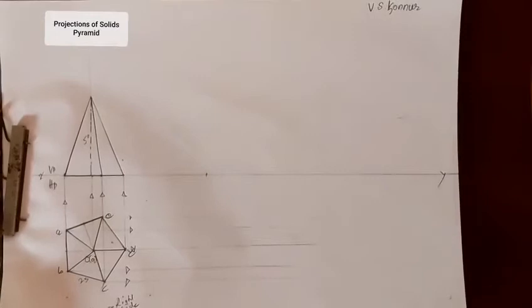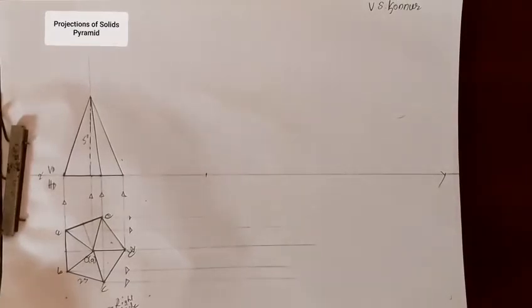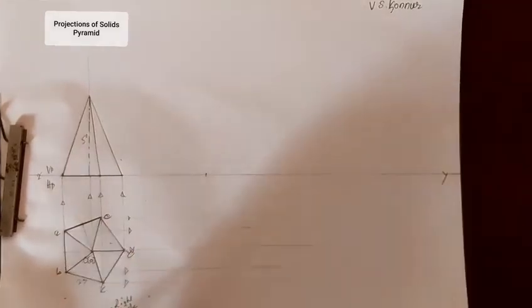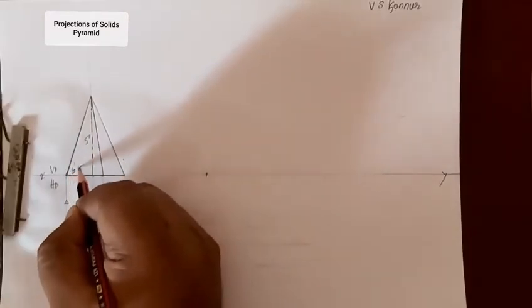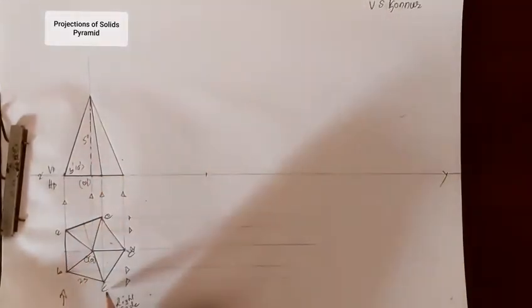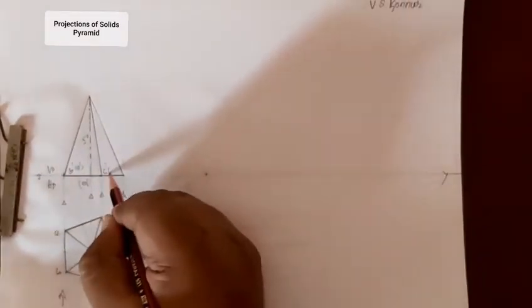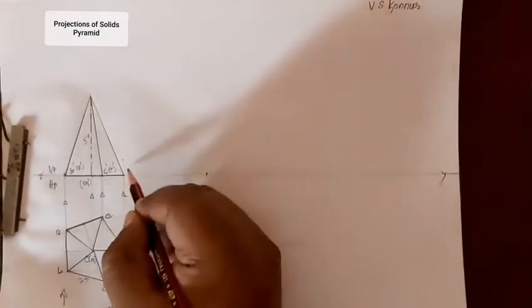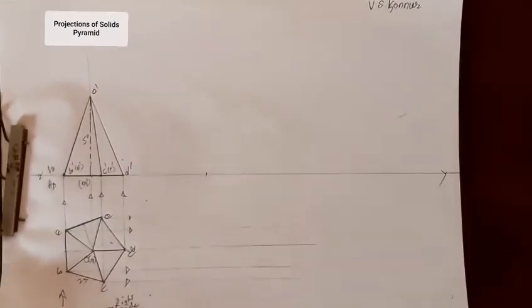Right. This is the pentagonal pyramid resting on one of its corners. Now when you are viewing from this side, B is visible, A is not visible. This is B dash, with A dash inside the bracket, and then O1 dash. C is visible, E is not visible. This is C dash, E dash. Then this is D dash. This is O dash. Right. This is the first position of the pentagonal pyramid resting on one of its corners, having 25 mm edge and